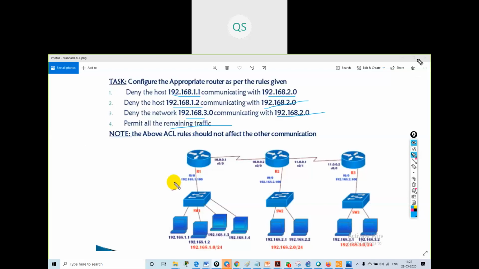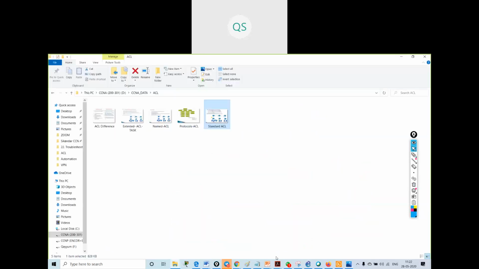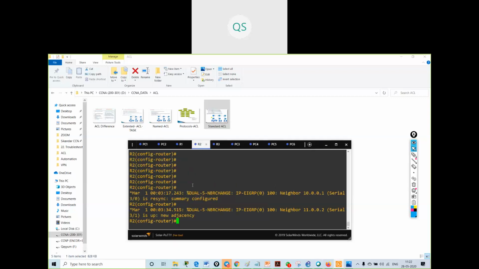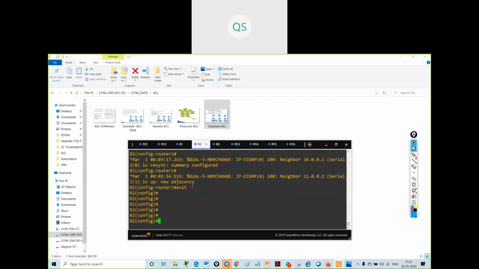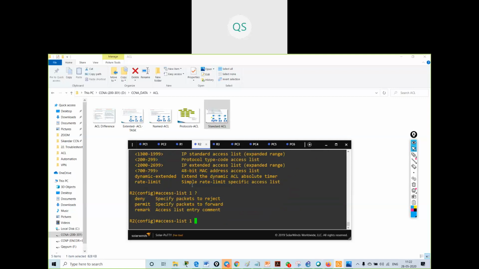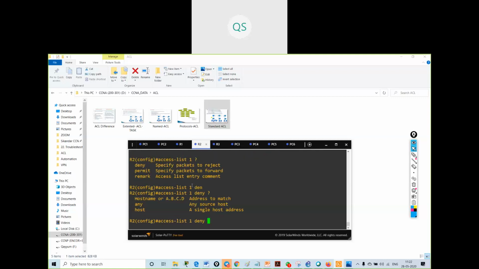So what will be the configuration? We'll create an access list. On which router? The destination, on R2. On R2 we will create an access list. The access list number is, suppose, 1, because I'm doing a standard access list. Deny what? Deny a specific host.